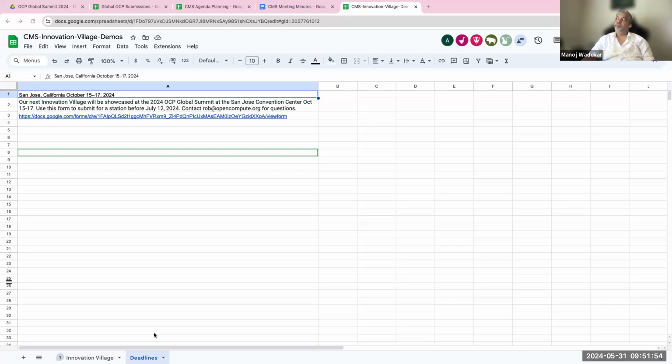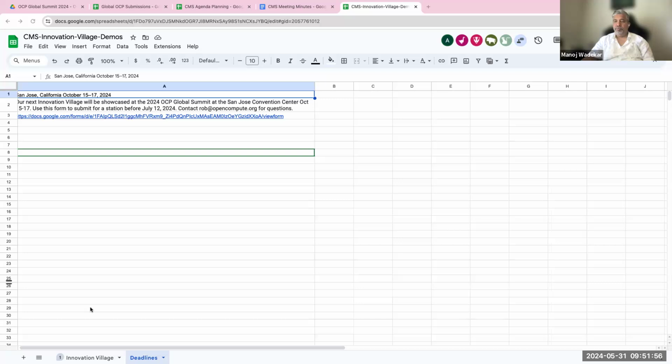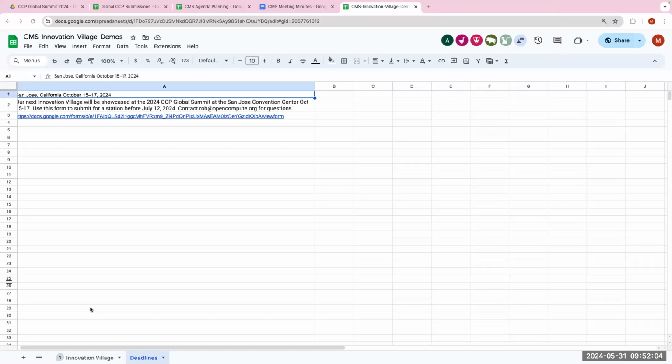Last time I think what we ended up with was just giving an overview of Innovation Village in one presentation with two different presenters. I think it will be good to plan it upfront, is what you're saying. Yeah, we got a couple of expo hall slots, I think one or two. Yeah, two. We had two slots and created one content with two different presenters. Yeah, exactly.